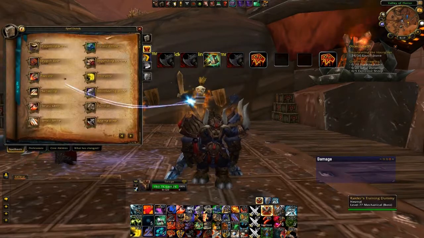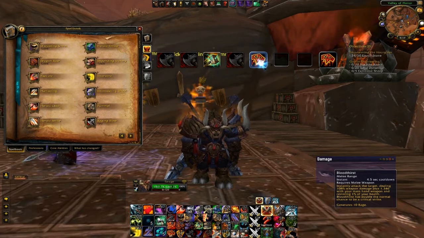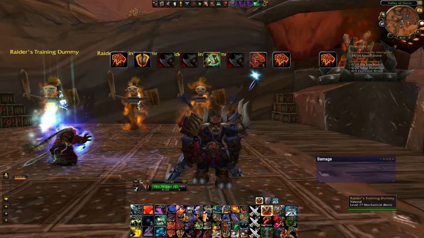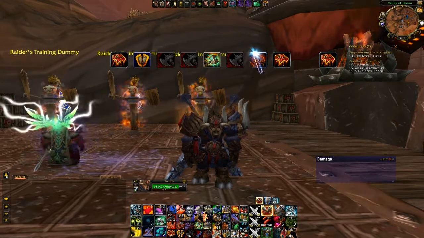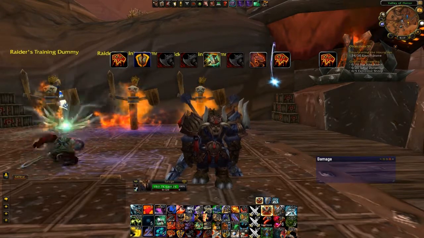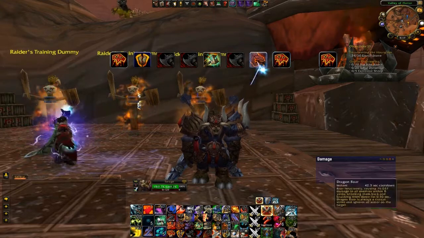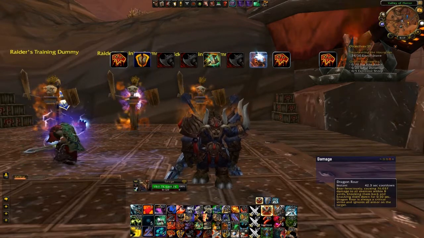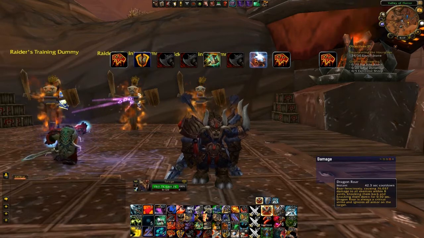Now, one last thing we also want to put in is our Dragon Roar. So we're holding back our Bloodthirst a little bit longer, and here's the reason for this. Right after this global is usually when our skull banner goes away. And although Dragon Roar really doesn't benefit very much from Recklessness,